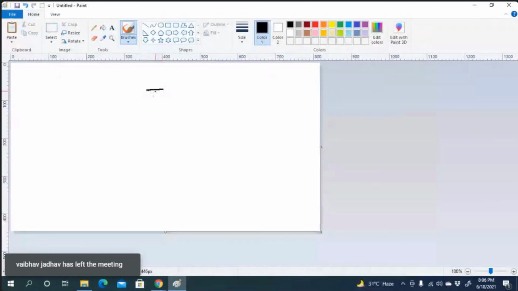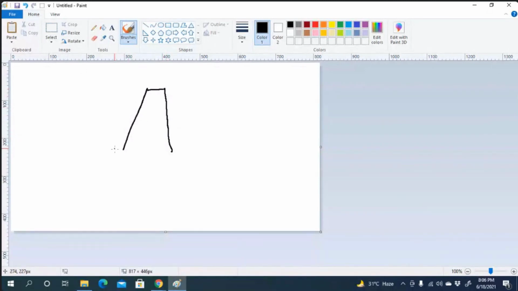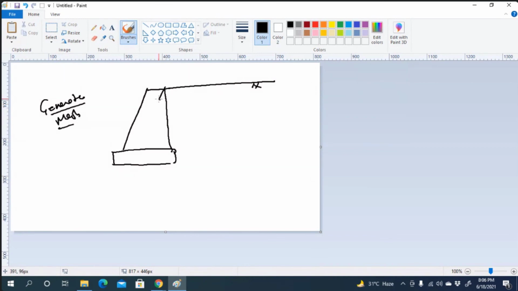Yes, we can see. Now suppose you have considered a gravity retaining wall like this, and you want to analyze this problem. This is a backfill material. Now, when you generate mesh, what happens? This will be divided into triangular elements like this.